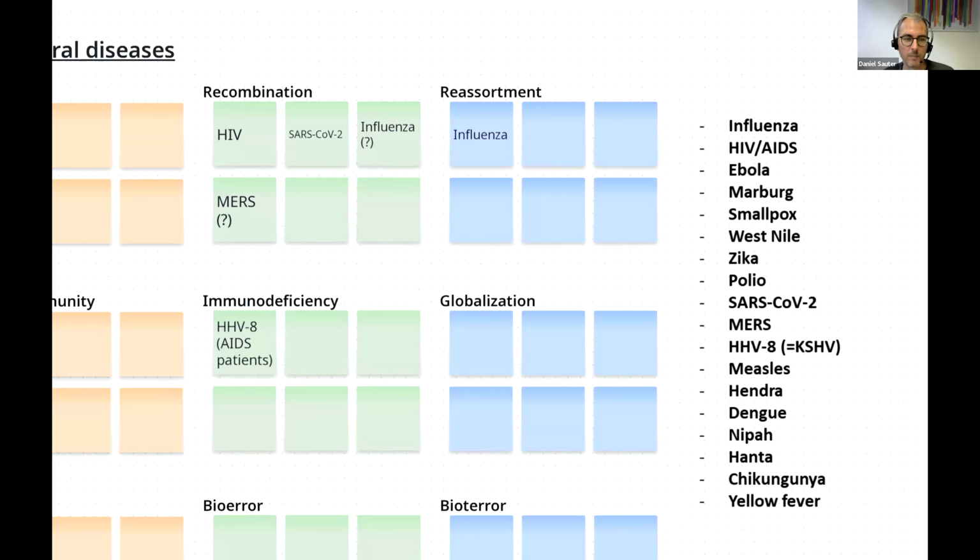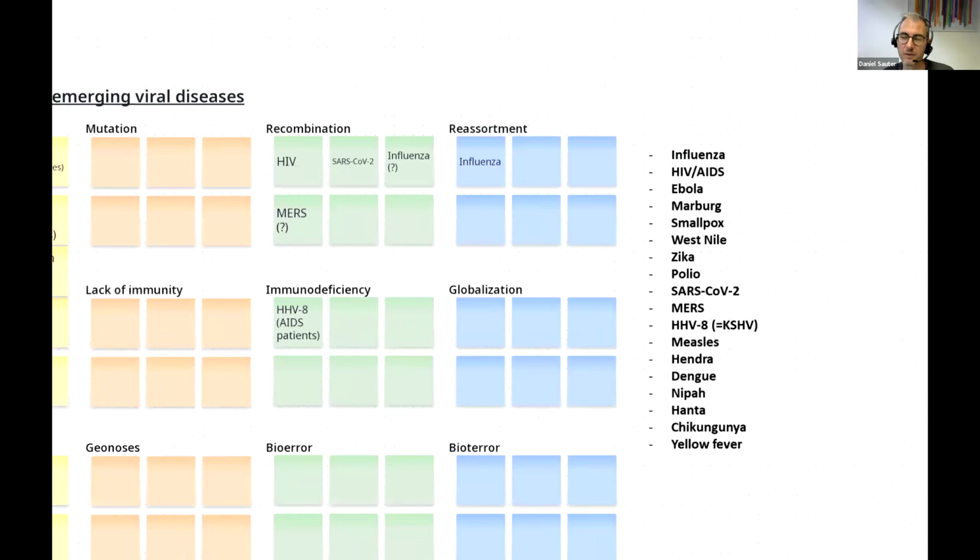Measles. Measles, yes and no. Measles is an interesting example. Measles causes immunodeficiency and would facilitate infection with other viruses. Essentially, all of these viruses would also benefit from some kind of immunodeficiency. But what I wanted to illustrate with the example of HHV8 is that a virus that usually does not cause any disease in healthy individuals may cause severe disease in some immunocompromised host. So I think we just leave it there for now with HHV8. That should be fine.